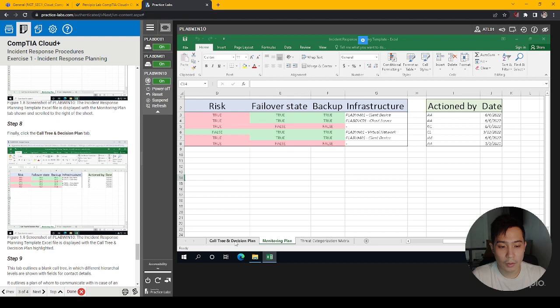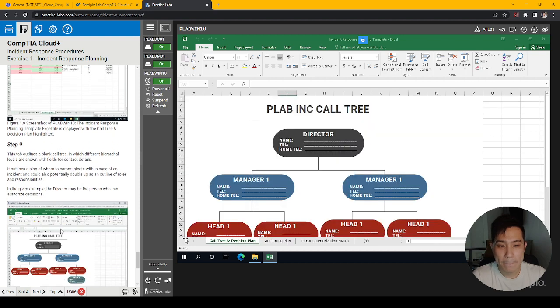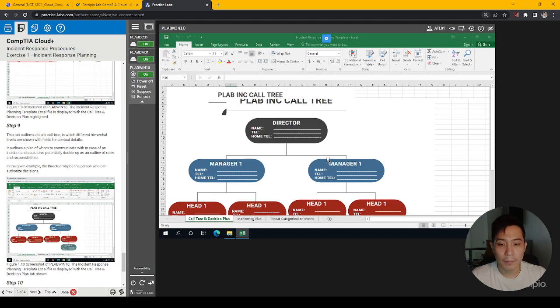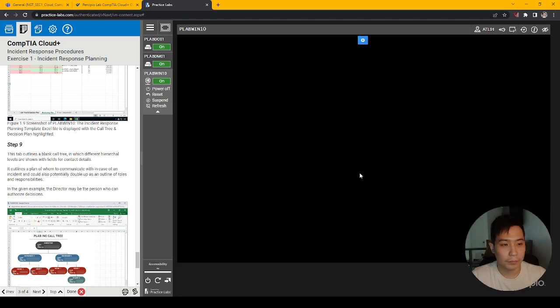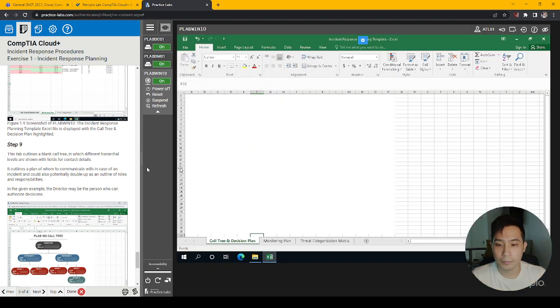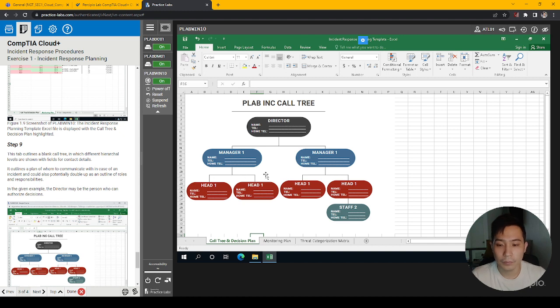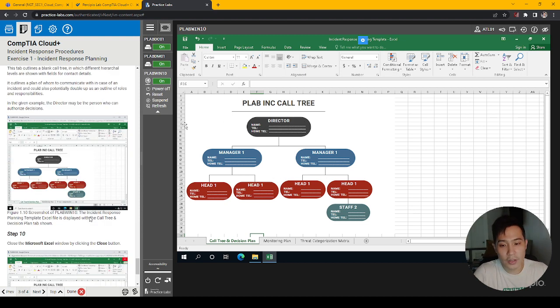Now let's look at the Call Tree and Decision Plan tab. Now this tab outlines a blank call tree in which different hierarchical levels are shown with fields for contact details. Now it outlines a plan of whom to communicate with in case of an incident, and could also potentially double up as an outline of roles and responsibility. Now in the given example, the director may be the person who can authorize decisions,